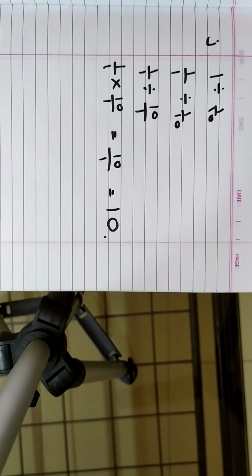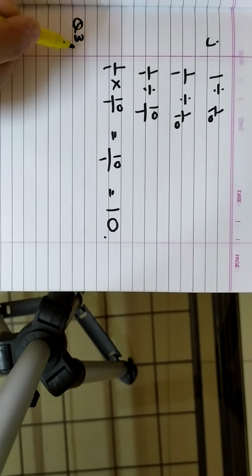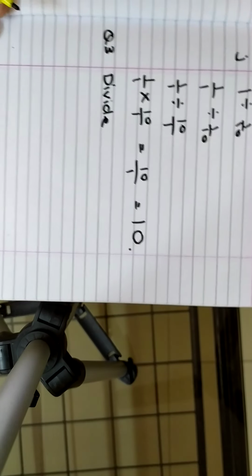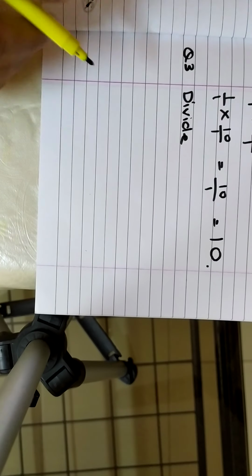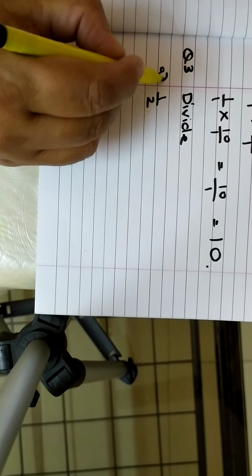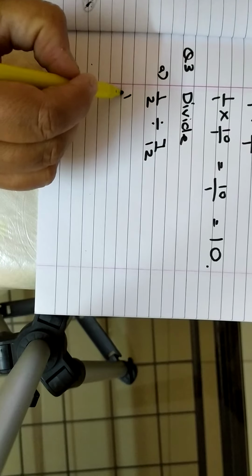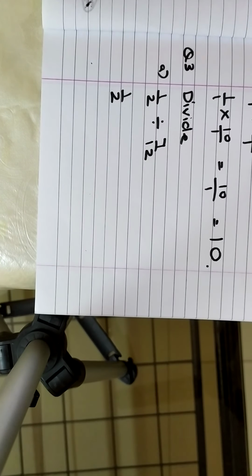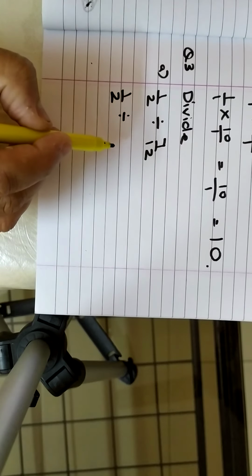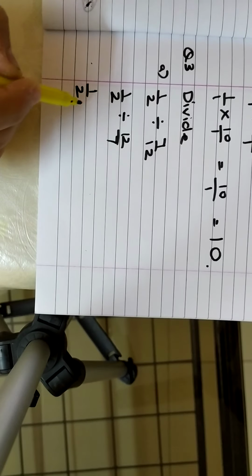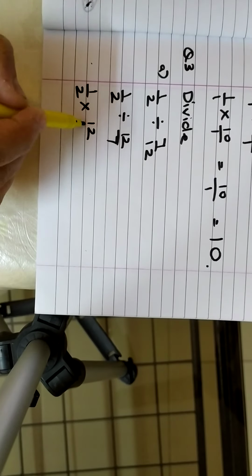Coming to question number 3. Question number 3 also, it is very easy, if you remember the steps. 1 upon 2 divided by 7 upon 12. So 1 upon 2, here it is fraction by fraction, so there is no question of writing the whole number as a fraction. Both are fractional. Directly step 2. Reciprocal of 7 upon 12 is 12 upon 7. This is multiplying with the reciprocal.